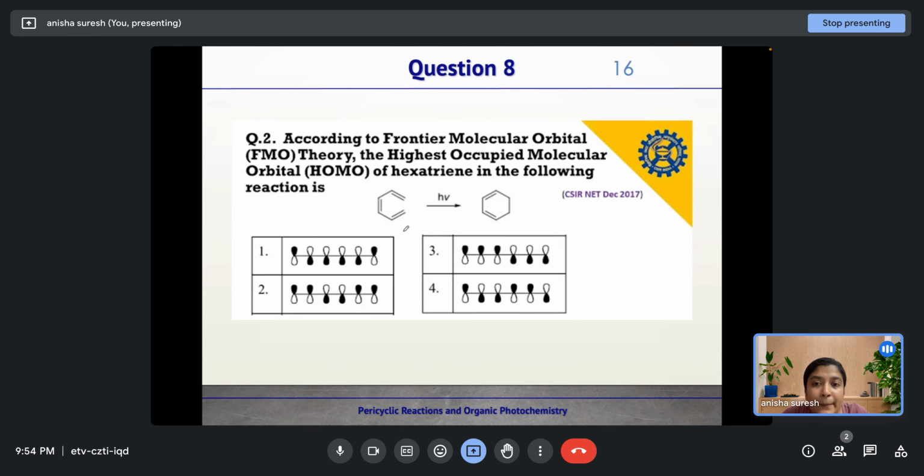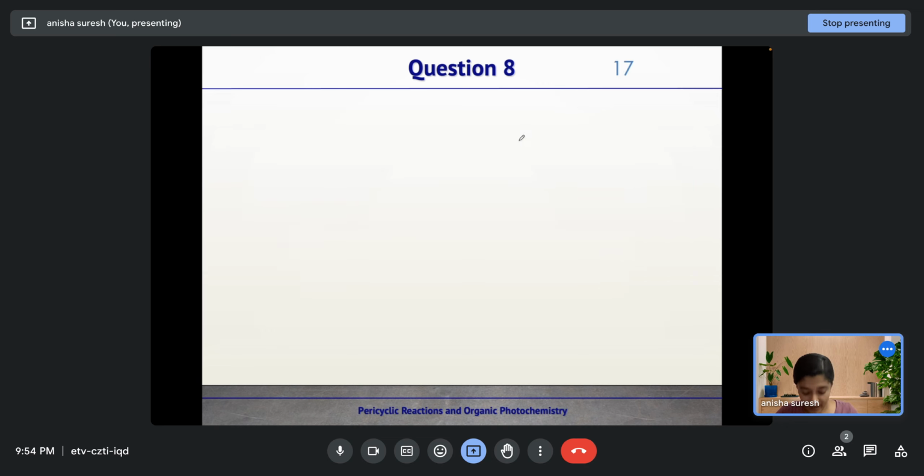Now this is question number 8. According to Frontier molecular orbital FMO theory, the highest occupied molecular orbital HOMO of hexatriene in the following reaction is. So here hexatriene is given and it is photochemical condition. Under photochemical condition, psi 4 is the highest occupied molecular orbital of hexatriene. So we can see